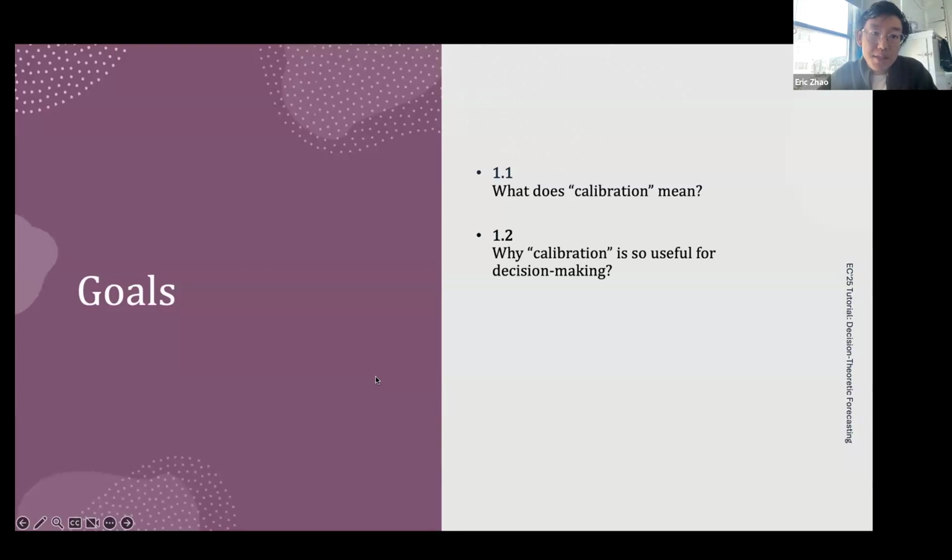days. The second thing is that we'll cover why people that think about decision making like to also think about calibration. What is the fundamental connection between, for example, no regret learning and calibration? The last thing that I'll cover is that there are a lot of variants of calibration that you're going to see in recent research and that we'll also cover in this tutorial. Hopefully we'll provide a good handle on why there are so many variants and how we can think about them in a coherent way.